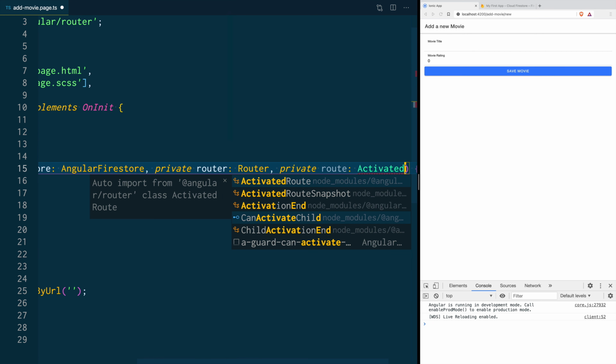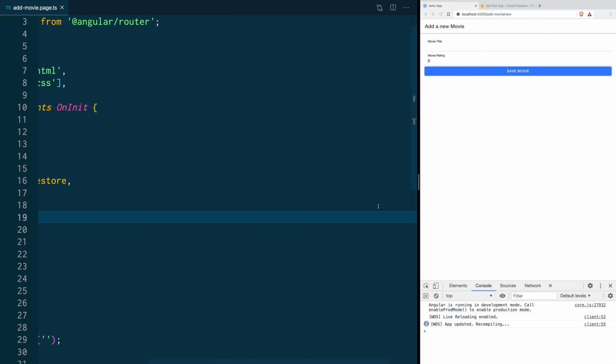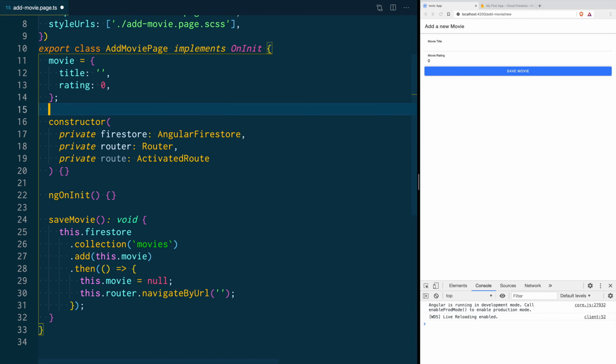Let's see here. In our class variables, we are going to add a new variable called movie ID. This is going to be a string, and by default it is going to be initialized as new.